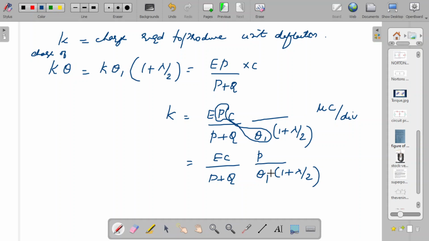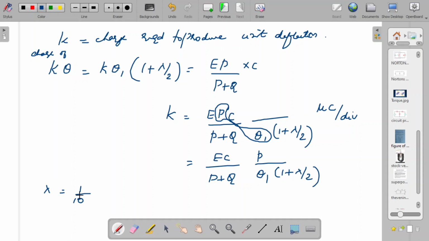C is the capacitance of the capacitor used. E is the voltage of the cell. P by theta 1 is the one which you find using the experiment. And then another thing which you have not found till now is lambda. And what is lambda? That you have learned in the previous correction thing. As in the correction of the damping, we derived this lambda as equal to 1 by 10 in the log theta 1 divided by theta 11 to the base e, right? So you can easily find out what lambda is.